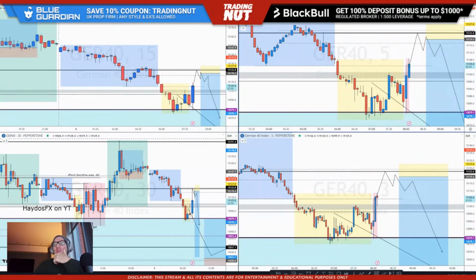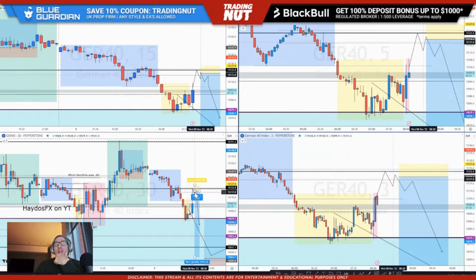Oh, you closed it, Marion, manually closed it. How come? We were scared it was just going to rip down in one go. Ah, right. Damn. Yeah, I mean, it would have been nice to hold because we want London to create like that. For London to sell the low from here, pretty difficult for them to want to do that. Psychologically,